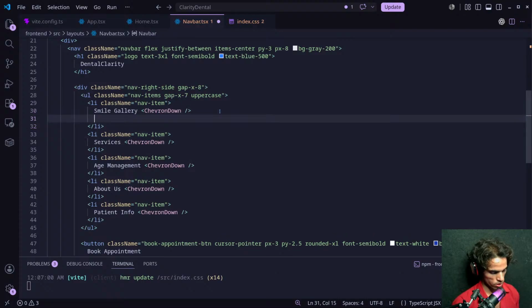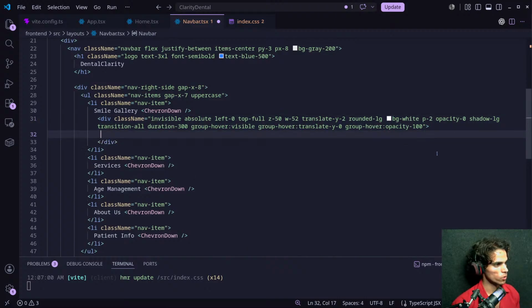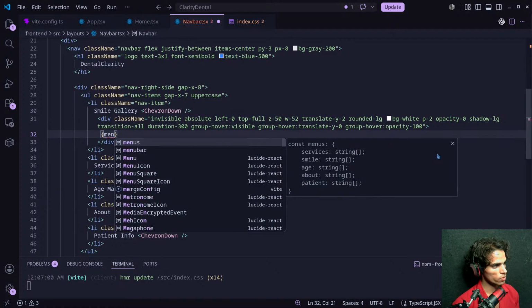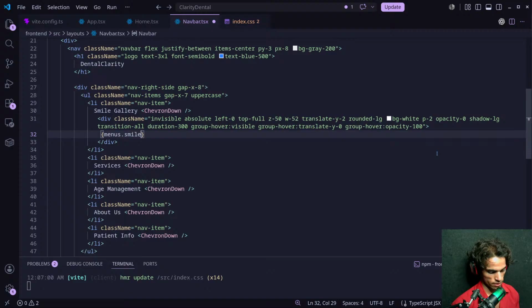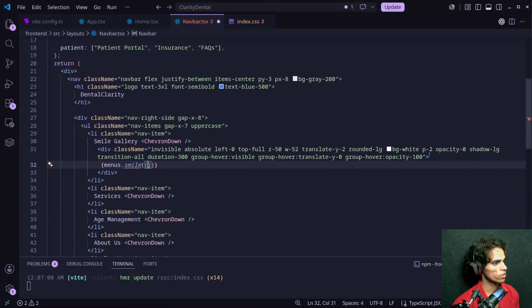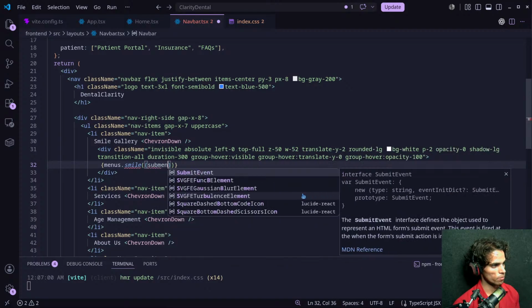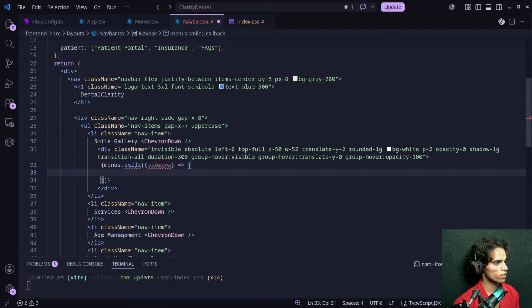So I would like to use this div here, and then I would like to map menu dot smile, and we will get each sub menu from it. Inside smile we have two sub menus, so we'll get them and call each one sub menu, and then we are going to use that here.